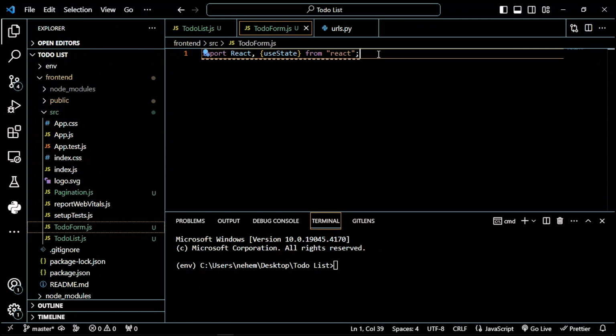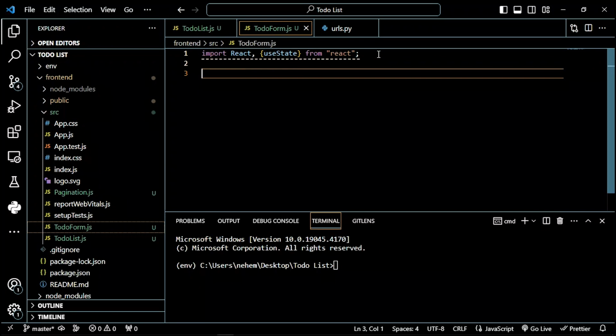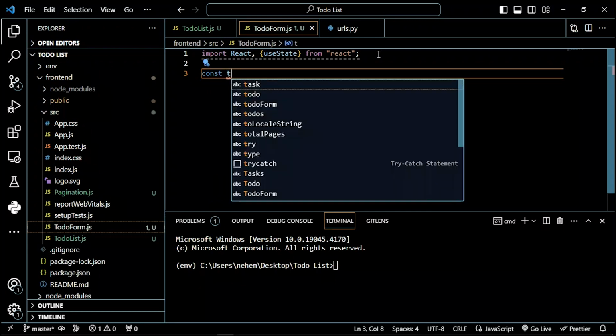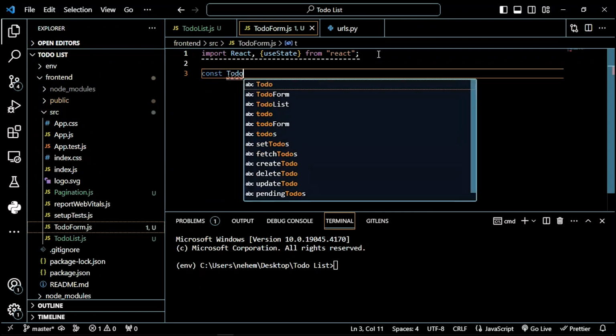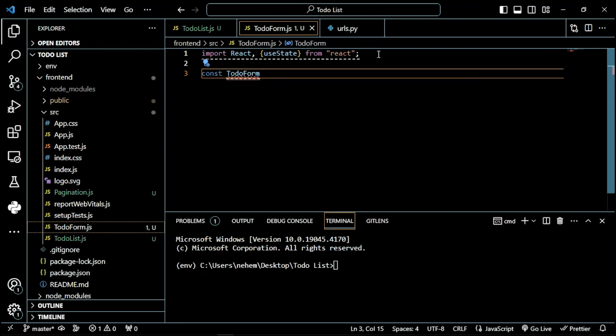So now, this time I don't want to forget, so let me just say const, and then I'll use TodoForm. I'll use here the arrow function as well, but now as an argument I'll pass here